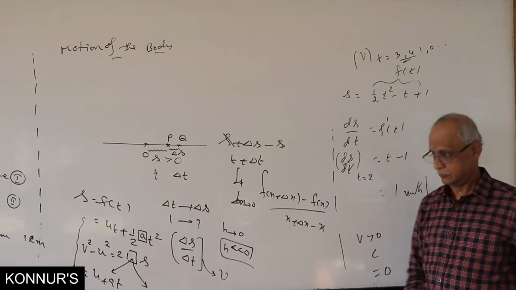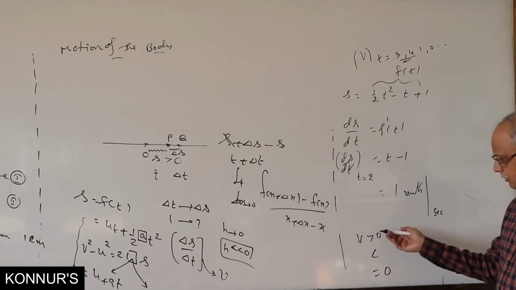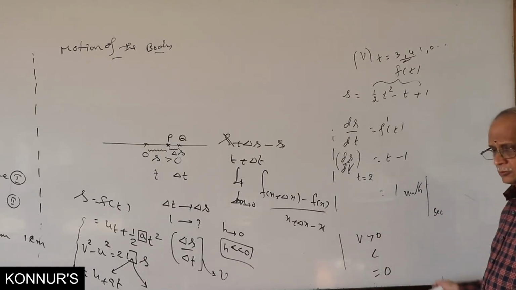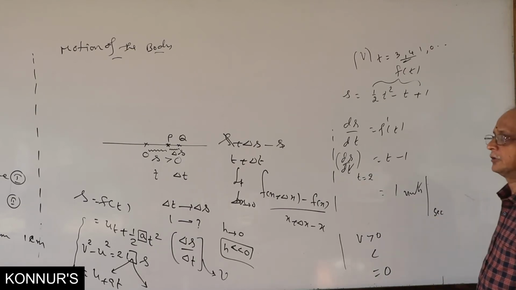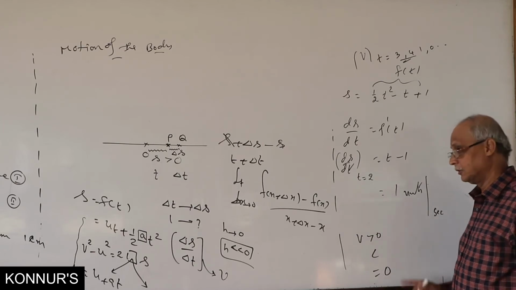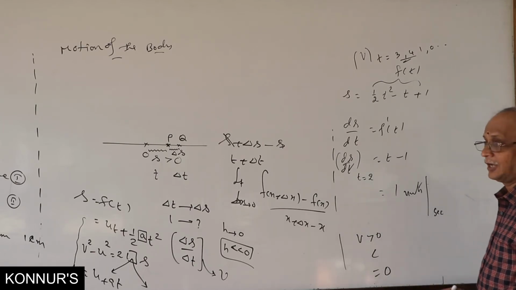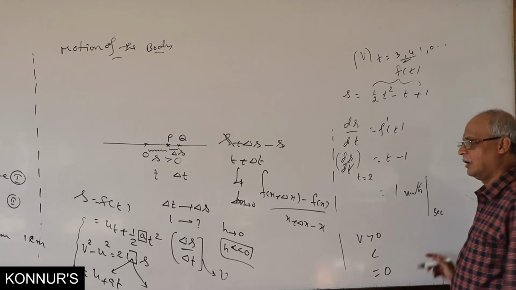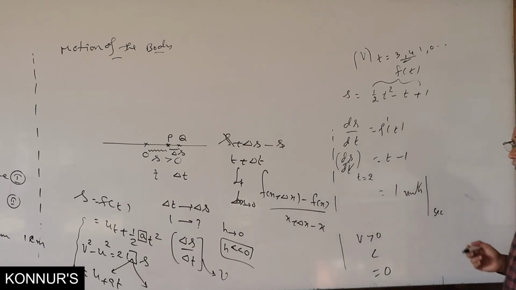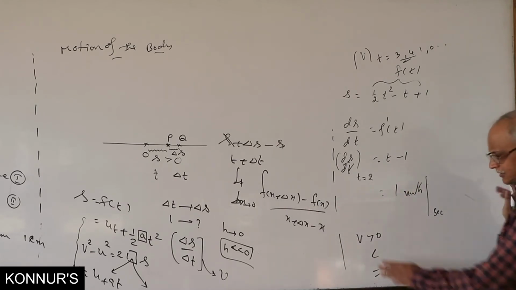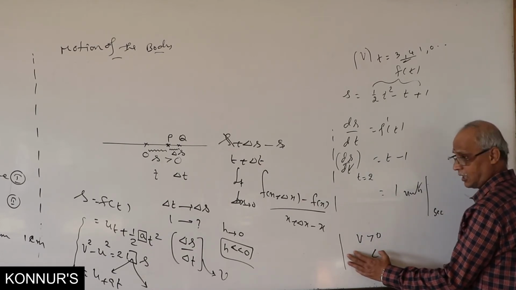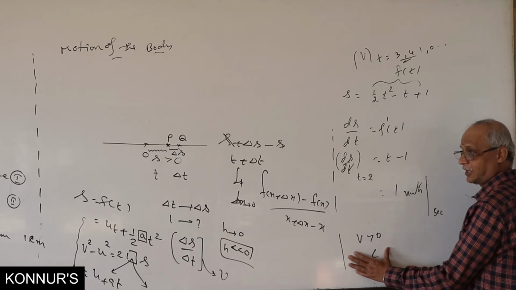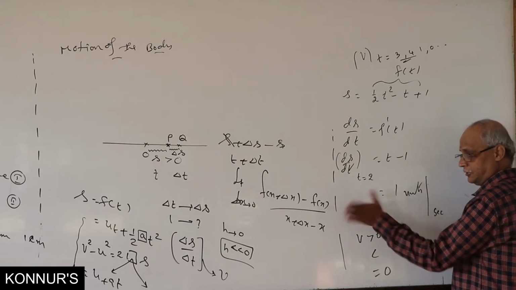Positive, negative, 0. Since it is a positive reason, it is going towards the right-hand side of the origin, and it is in the increasing direction, not the decreasing direction, not the opposite direction. It is not changing its direction. As long as it goes in one direction only, smoothly, it is positive. Once you decide it is negative or changes its sign, you will see what happens.